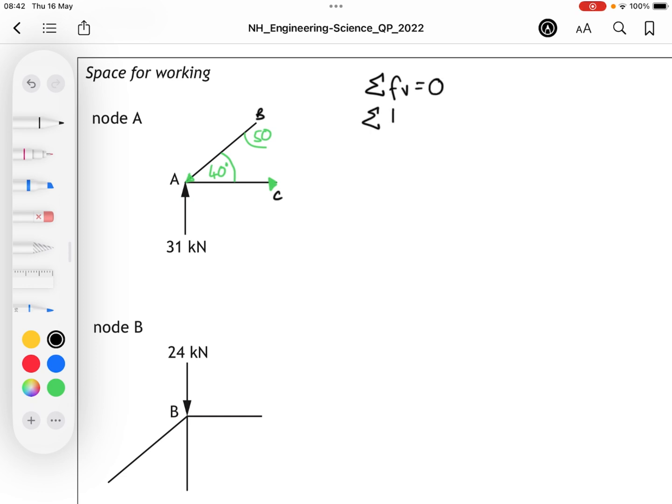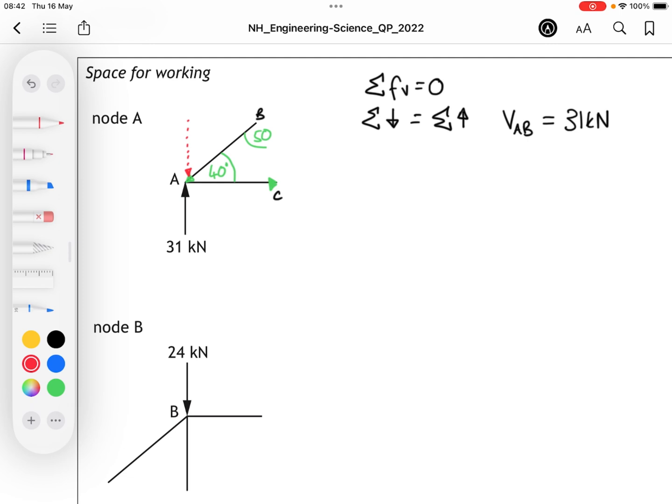The sum of what's going down has to be equal to the sum of what's going up. In this case, that means that the vertical component of AB has to be equal to 31 kilonewtons. And so using Pythagoras to find this vertical part of AB,